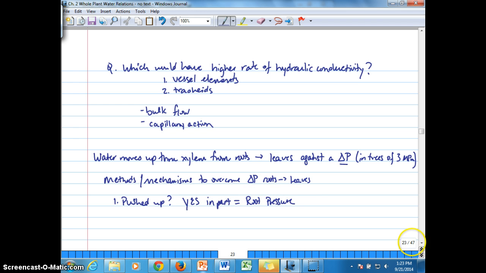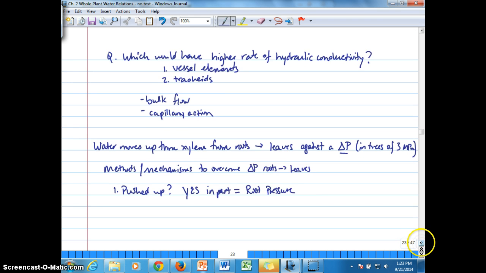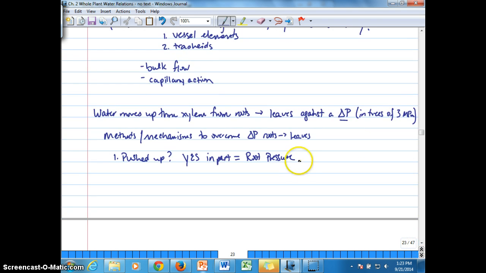Okay, so how is root pressure generated and what are its limitations? Root pressure has a limit of about 10 meters, which is a pretty significant height, especially in herbaceous plants. But as we're going to see, it's going to be limited in the time of day. So this is an energy-dependent process,